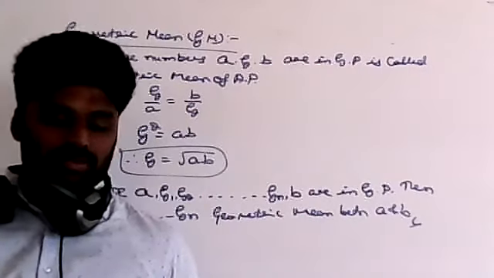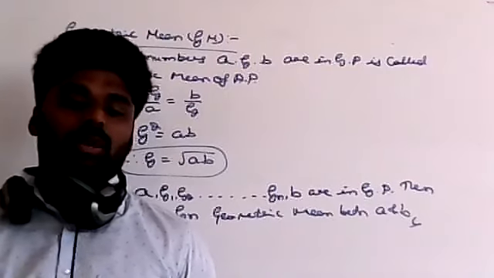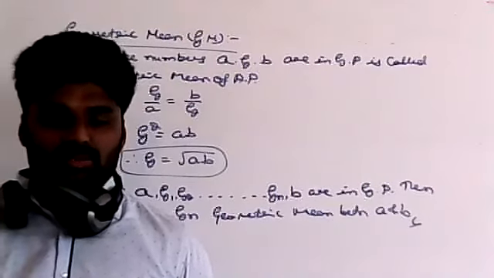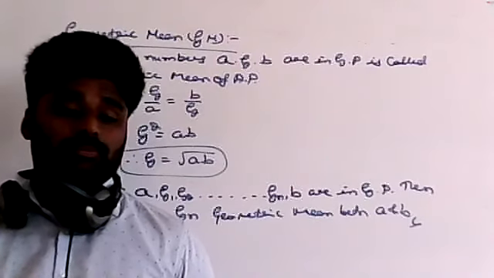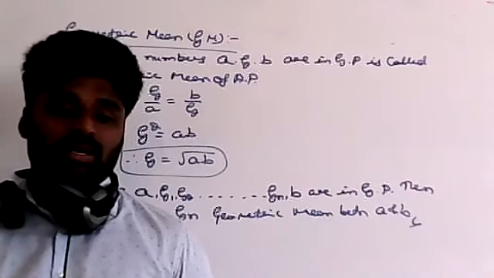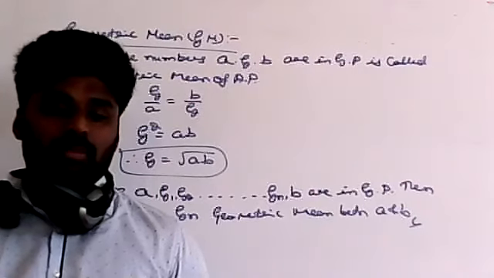Sum to the nth term is what? A into 1 minus R to the power of n divided by 1 minus R. Yes, good, Anirudh, right? If the condition is what? R is less than 1, no? Okay, remember that one.